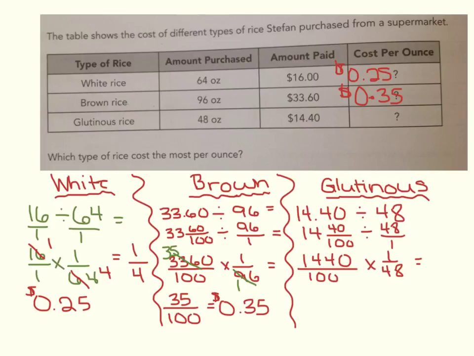So we have 48 divided by 48, which is 1. 1,440 divided by 48 is 30. Multiply across, 30 times 1 is 30. 100 times 1 is 100. 30 hundredths we can turn into a decimal. So that would mean 30 cents